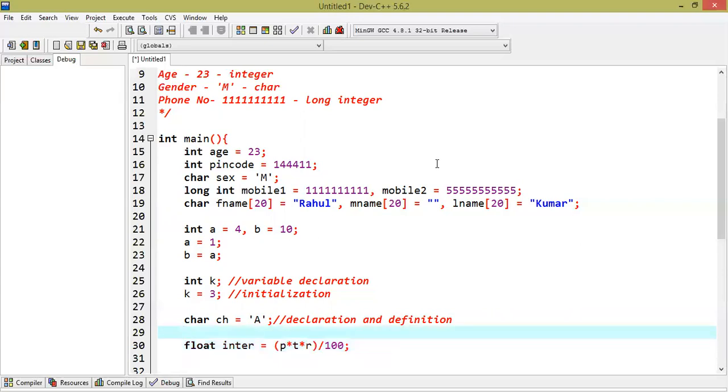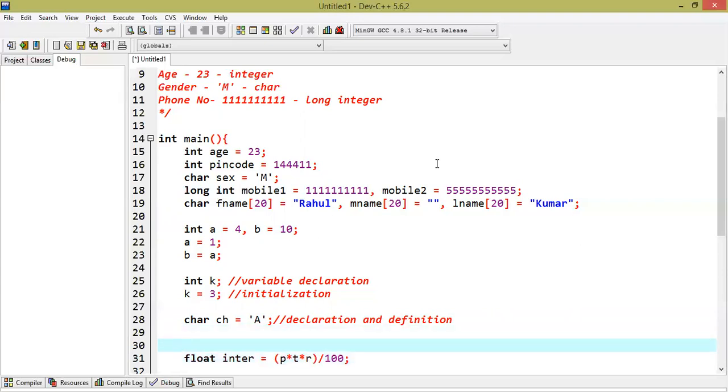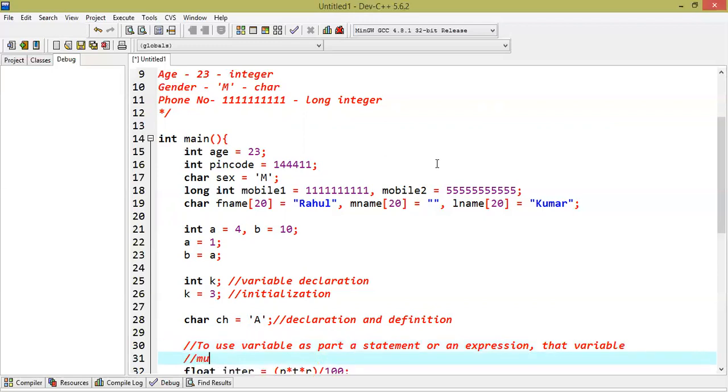So remember the most important point in C language: to use any variable as part of a statement or an expression, that variable must be declared and initialized.